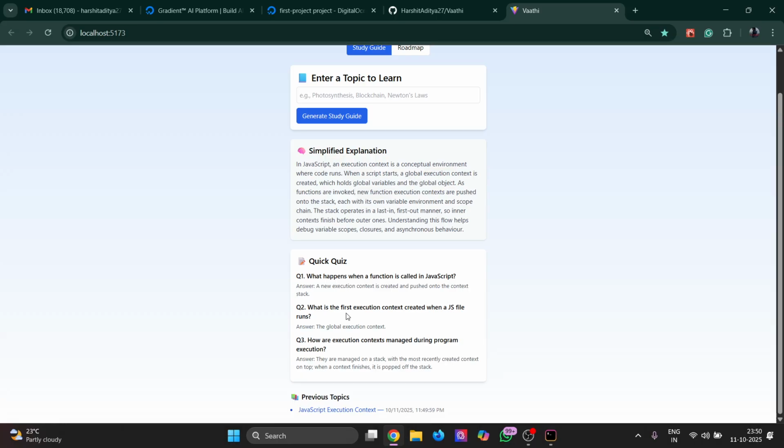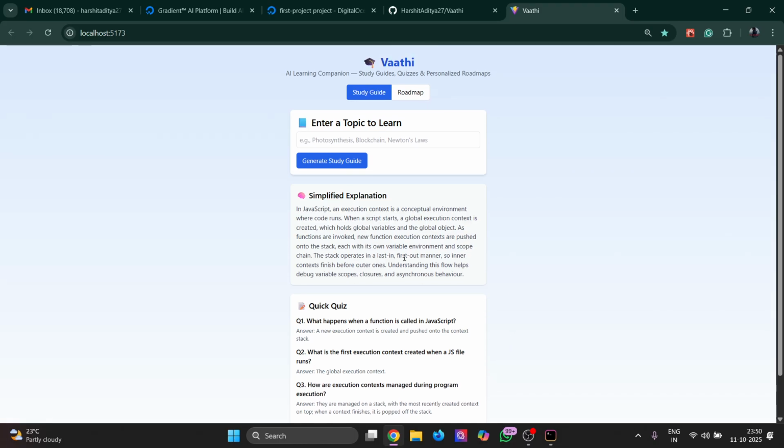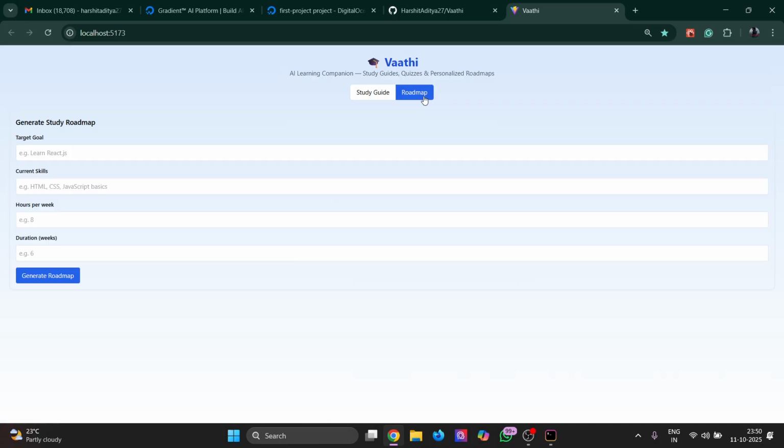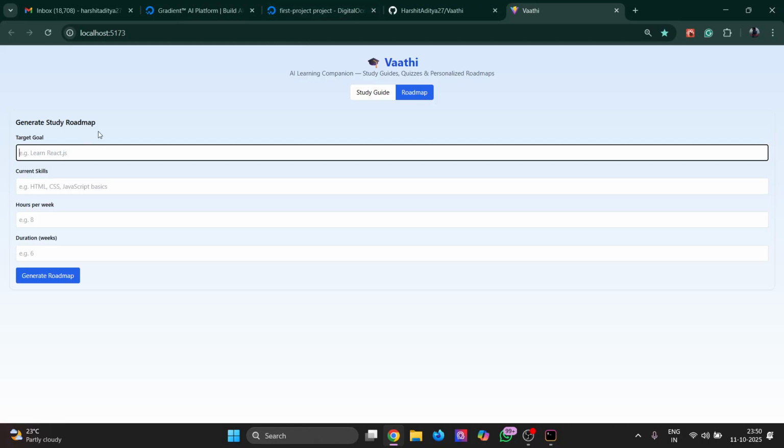You can see a quick quiz card has appeared, and we can write various other topics. And let's move to the roadmap, and then I wanted to show you the usage of the Gradient API. So target goal, like what we want to learn. Suppose we want to learn, for example, data structures